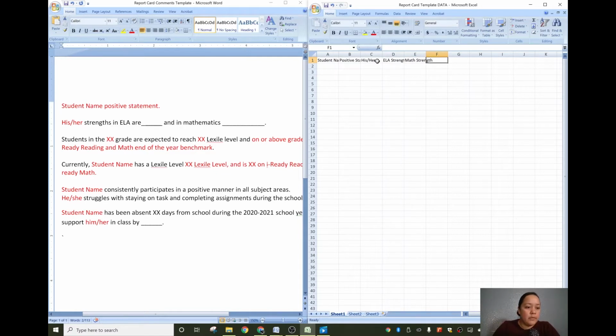Okay. Moving forward, it says students in the XX grade. Well, what grade are you teaching? So for example, all of my students I know are going to be, let's say, 2nd grade. Or actually, it would be typed out 2nd. The next line is, are expected to reach blank Lexile level. So what is the Lexile level, or what is the measure that your students need to meet? For us, it's Lexile level, so I'm going to fill it in here. And I'm not really sure if these are the right numbers, but for now I'm going to put in Lexile level